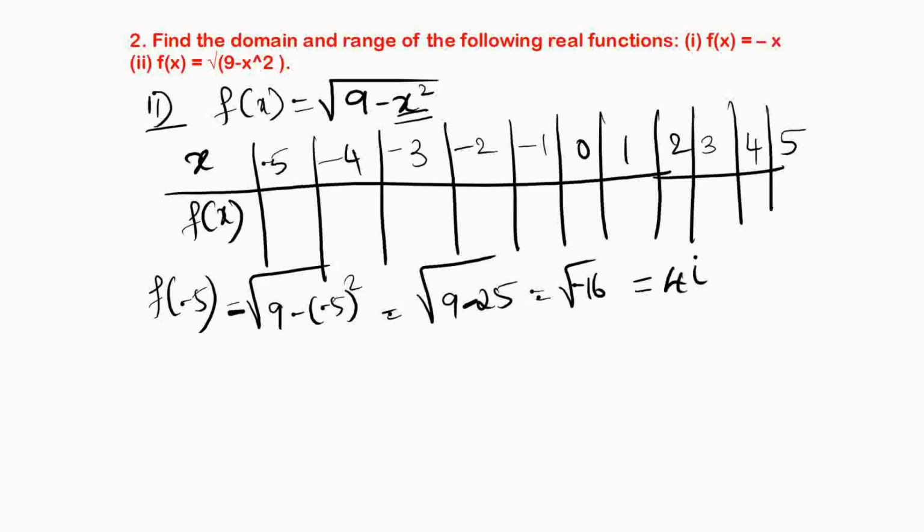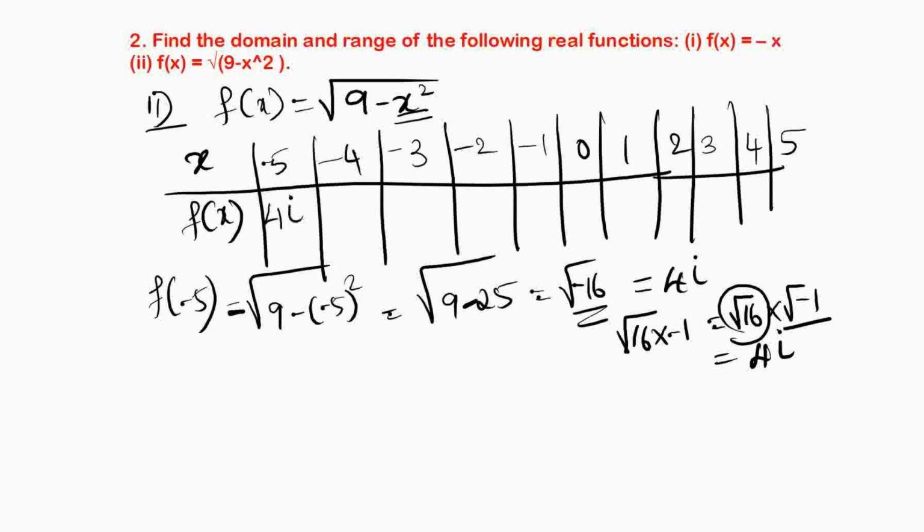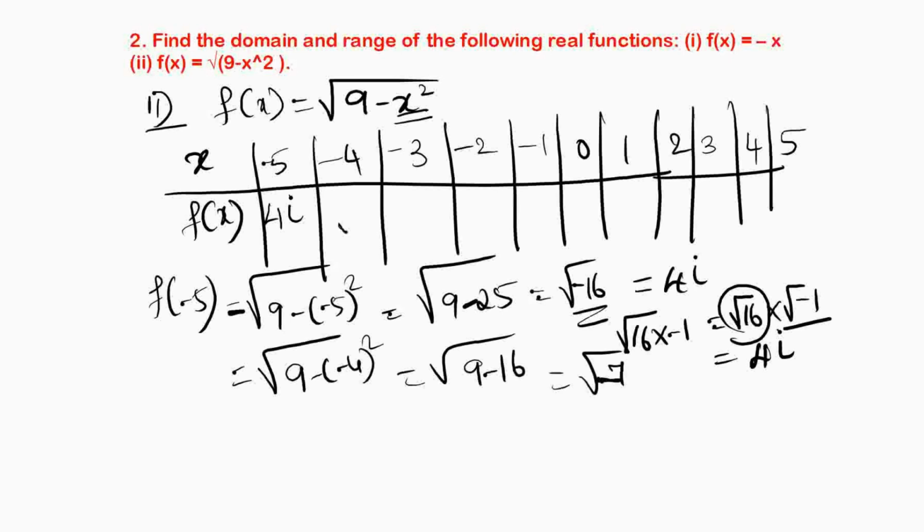I can write root of minus 16 as root of minus 1 into 16. The root of 16 is 4, so 4 into root of minus 1, which is i. I can write it as 4i. Similarly, for minus 4, it is root of 9 minus of minus 4 square. Minus 4 square is 16, so 9 minus 16 is minus 7, so root of minus 7. Similarly, minus 3,